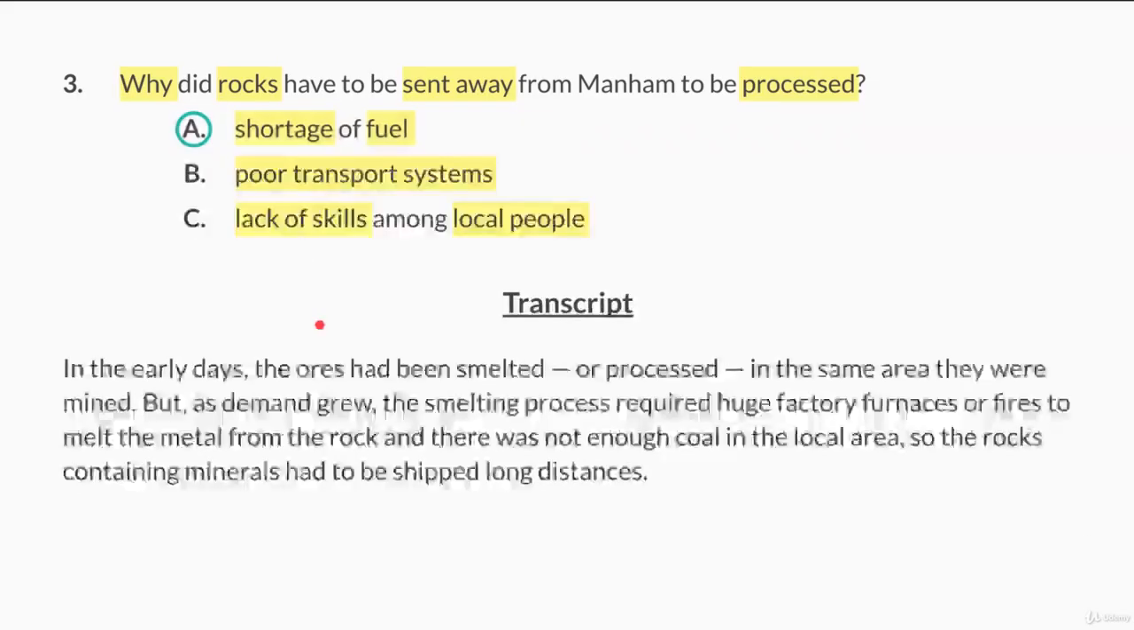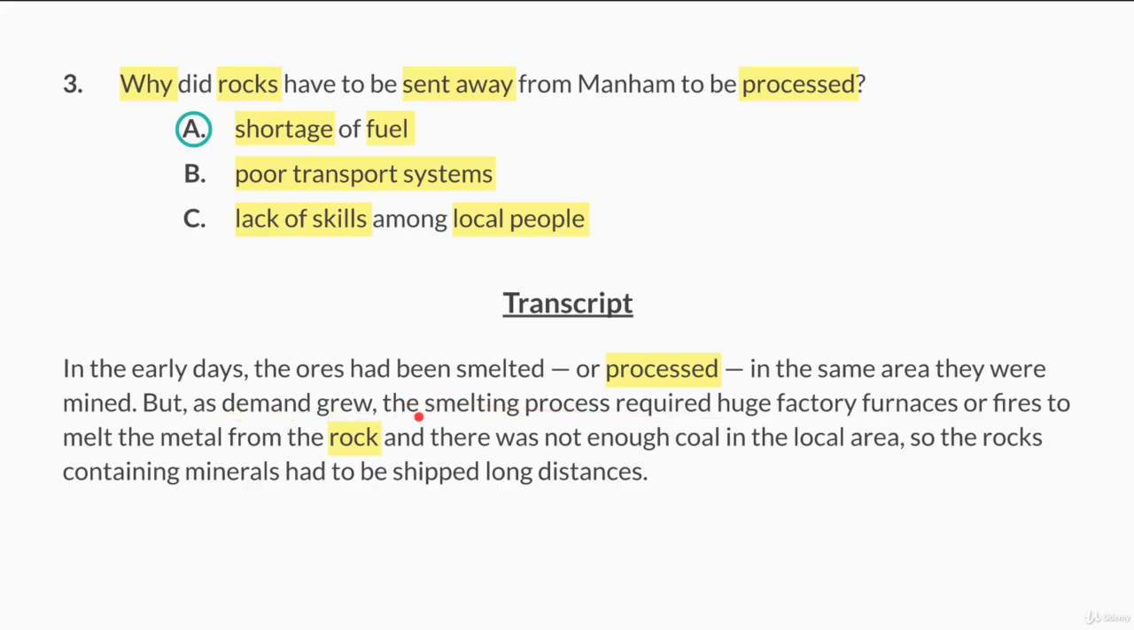Here is the transcript. And here it's talking about the word processed. Okay, in the early days, the ores had been smelted or processed. Okay, so those are synonym words. Smelted is synonym language for processed, but it also clarifies that here. So here is one of our main keywords. And then over here, it mentions the word process again. Down here, we have the word rock, which is one of the keywords from the question. Why did rocks have to be sent away? And it says over here that